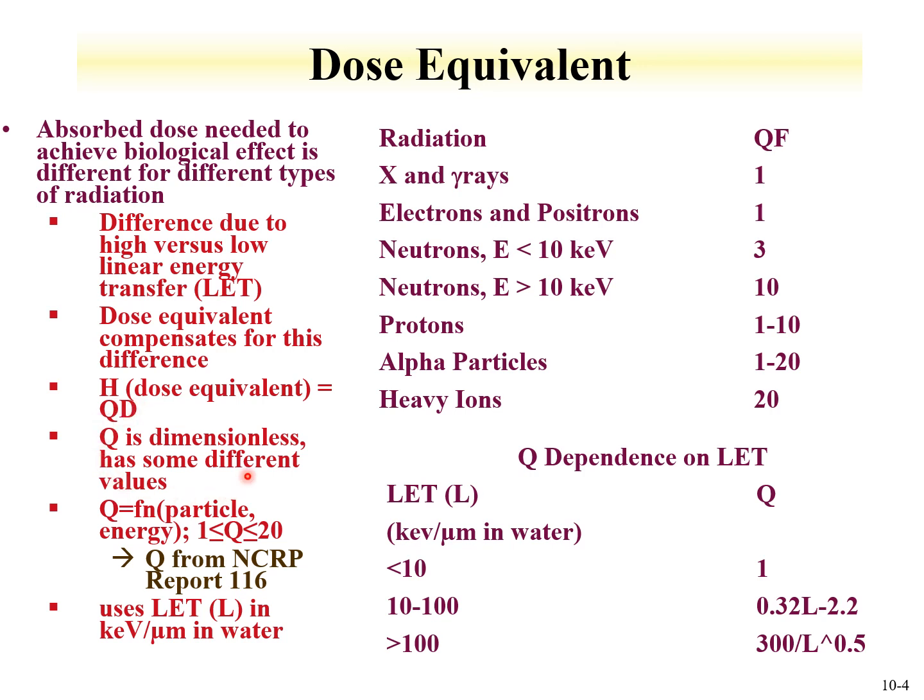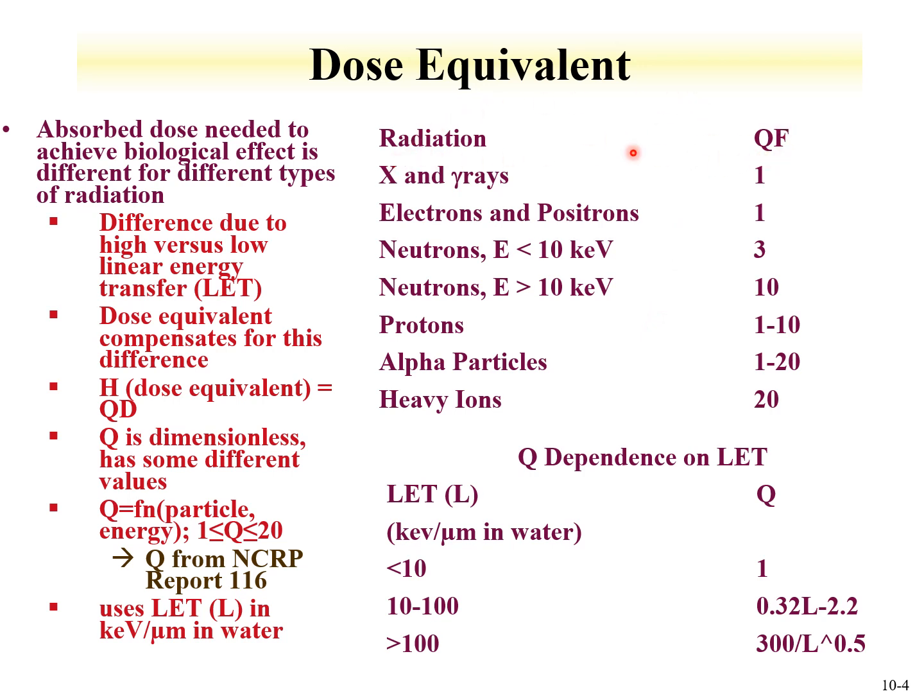is some dimensionless value. There's a number of reports out which define what this value should be. It's often a function of the particle and the energy. Q can vary from 1 to 20. There's some information about what Q should actually be from the NCRP report that's listed here, National Council on Radiation Protection. The data that's shown here